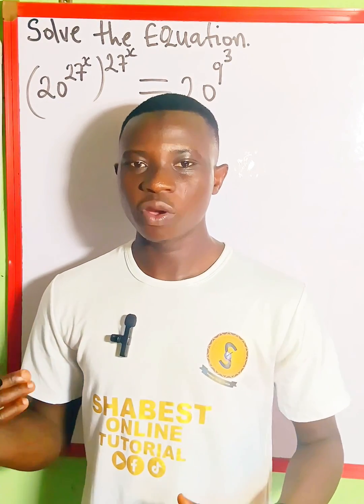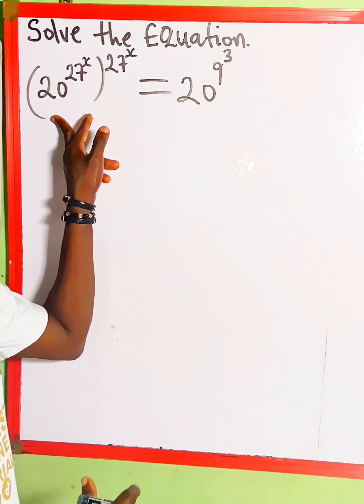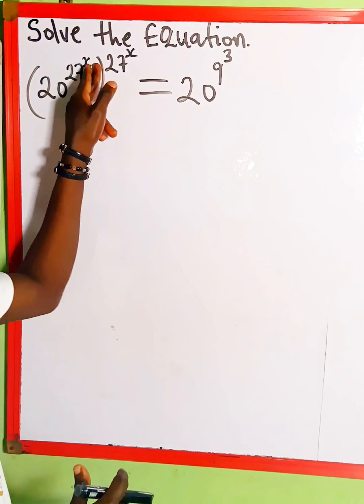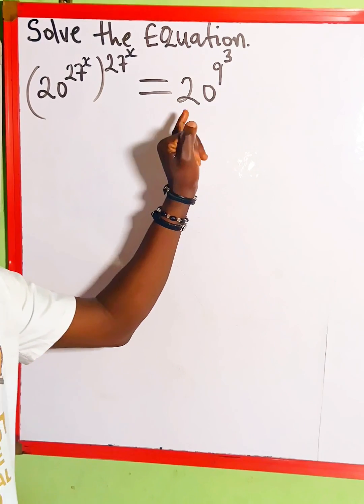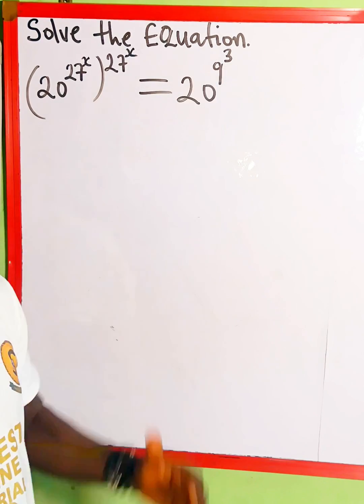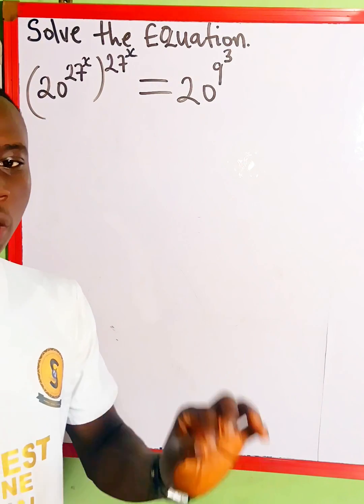We are going to solve for the value of x from this exponential equation, and the given equation is what? 20 raised to the power of 27 to the power x, all raised to the power of 27 to the power x, is equal to 20 to the power of 9 to the power of 3. To solve for the value of x from this equation, the first thing we need to recall is the power property